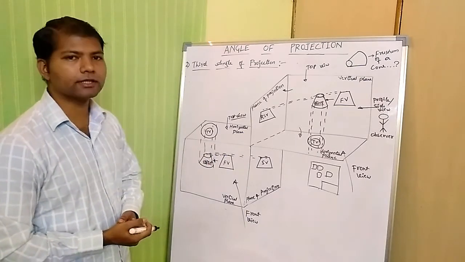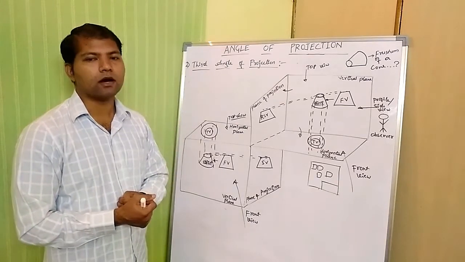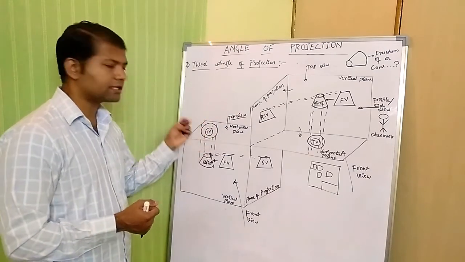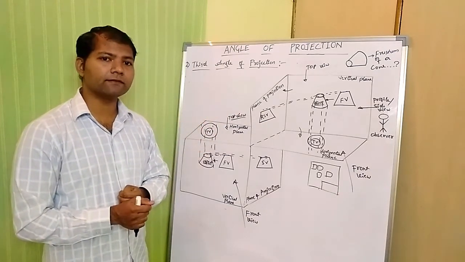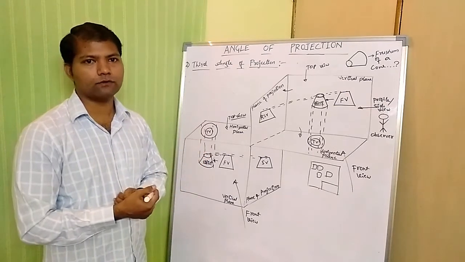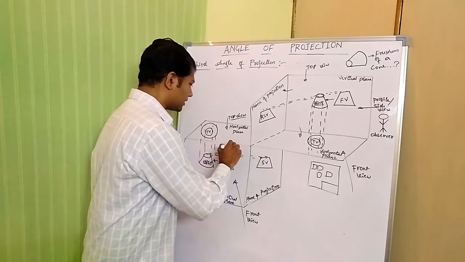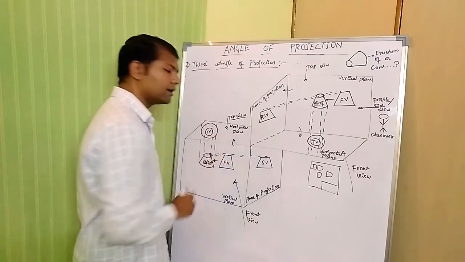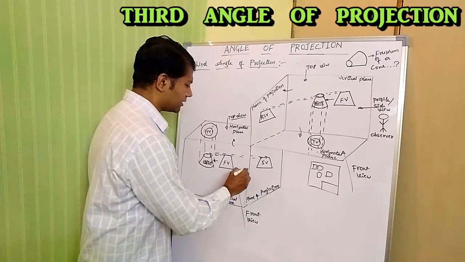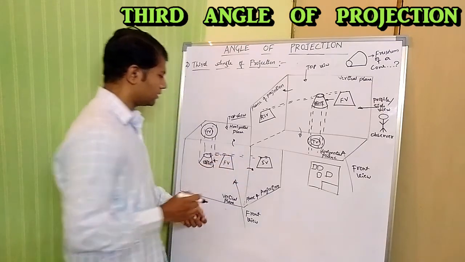So now coming to the actual explanation. Now we need to position this object. However, we have taken a position for the first angle of projection, so the same position we need to take. So how will this position be taken? It is something like you are going to again unfold the planes. Which planes are you going to unfold? From vertical to horizontal planes you are going to unfold. Again from vertical to side plane, that is the plane of projection, you are going to unfold again.